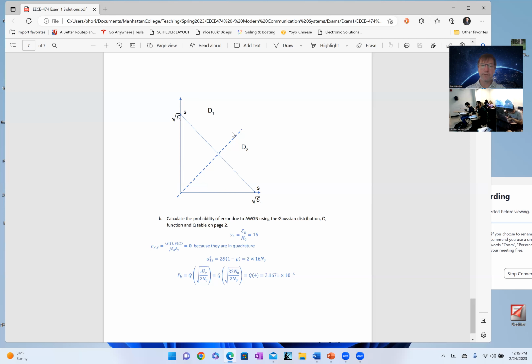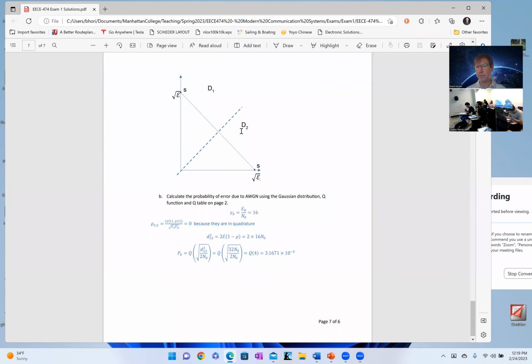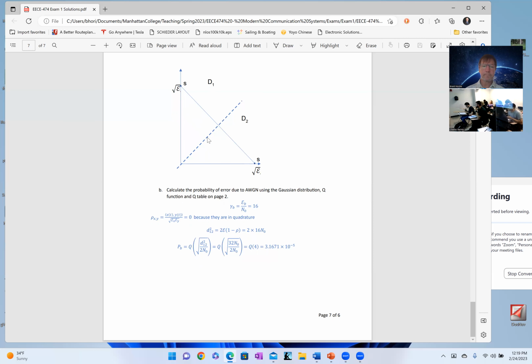So if things are equally probable, then we can do this approach. We don't have to weight it one way or another. If something's falling in this region, it should be mapped to that symbol. If something's falling in this region, it should be mapped to that symbol. So you should end up with a drawing that looks something like this, maybe labeled a little bit better, but just get there. So now B is a little bit more involved, but